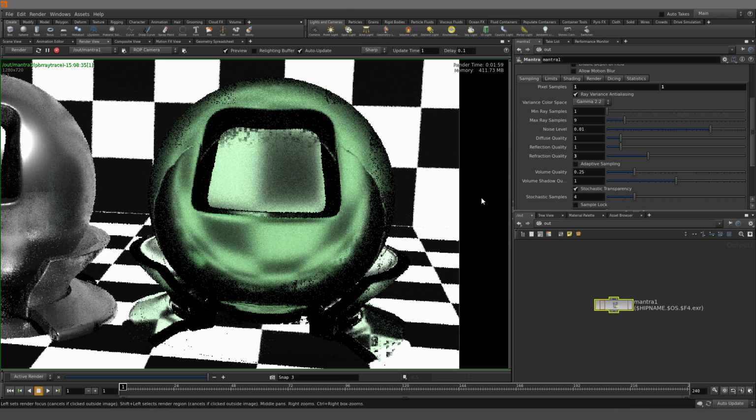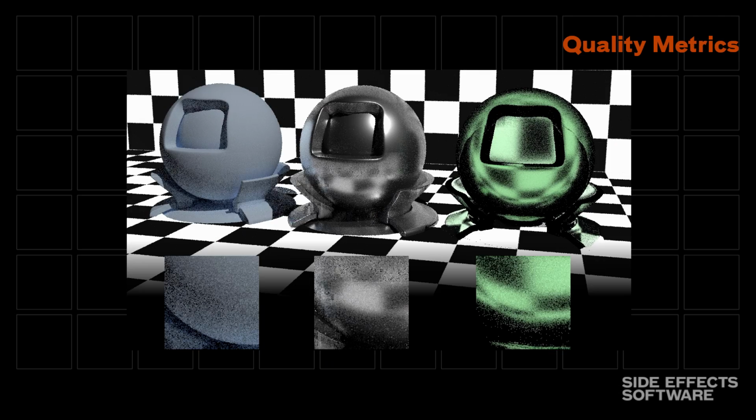And so we can see here, compared with the original render, a reduction in the amount of variance, much better quality shading. And as we can see, this is influencing just the refractive component of our shading. So that gives us an idea of the quality settings and the way that they can be used to influence